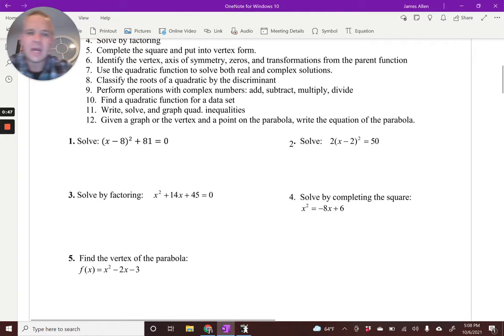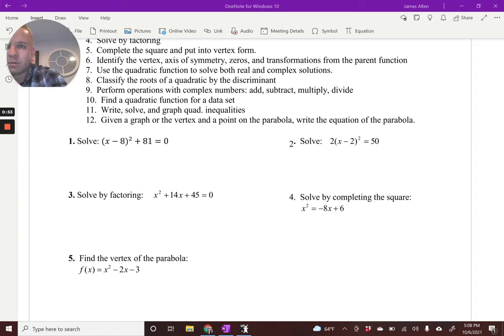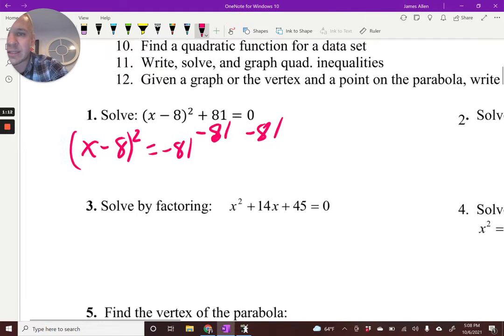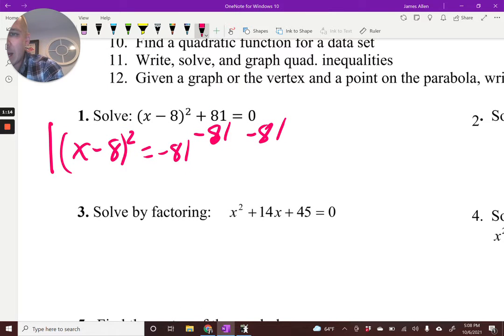So first one here. And I will try to let you know if it's going to be a non-calc or a calculator type problem. All right. So for this first one here, we need to solve. So I'm going to solve using square roots. All right. So I need to subtract 81 from both sides. And then I would have x minus 8 squared equals negative 81. Now, if I square root on both sides, and I'll zoom in on this particular problem,